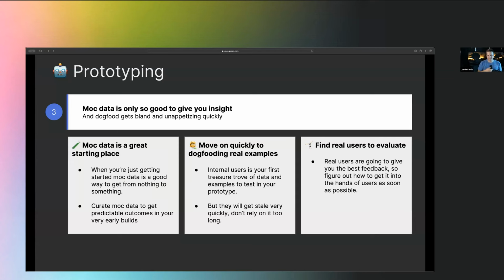And so finally, you need to get to real users to evaluate the experience. They're going to give you the best feedback, and you need to figure out how to get in the hands of those users as soon as possible. The way we've approached this problem is by launching products in experimental state. And this might seem risky depending on the product, but at the end of the day, the best approach is to get it in the hands of those users and then set the